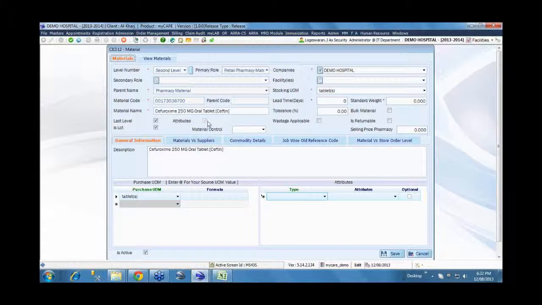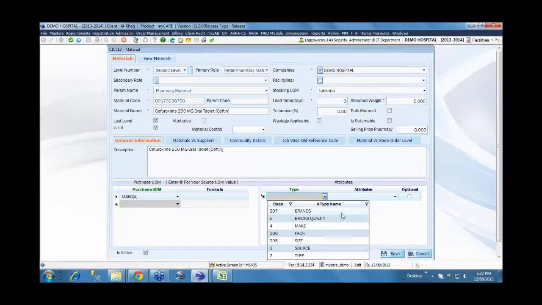Another key feature in our system is the ability to define attributes. What does it mean? Especially for items like stents and catheters, which come in different sizes, it's very difficult to create an item code for each and every size of catheter or stent.